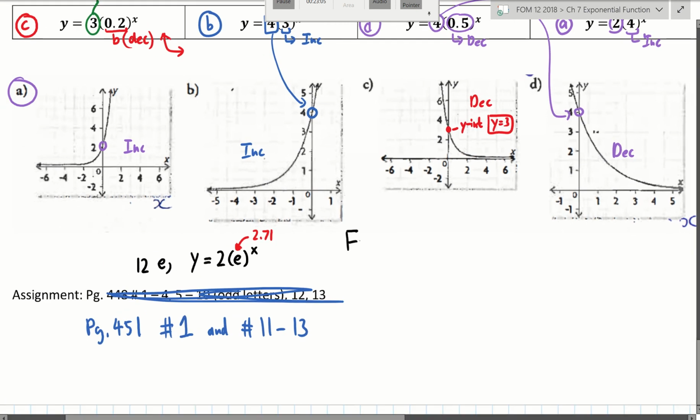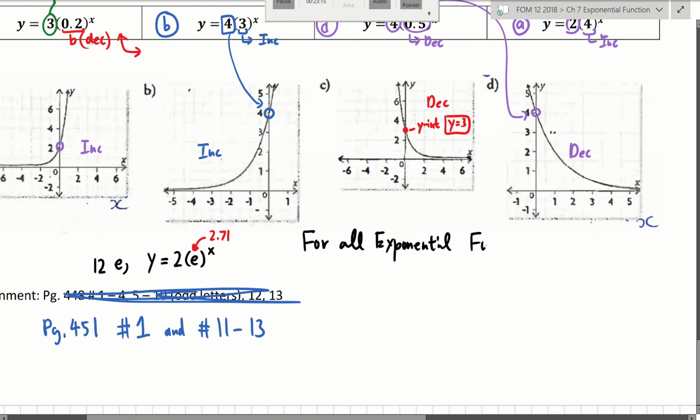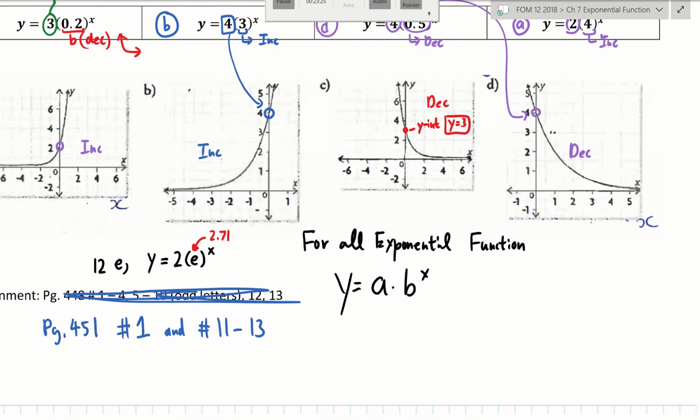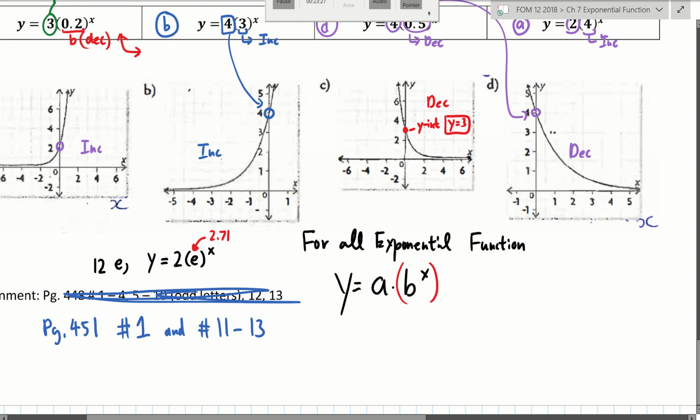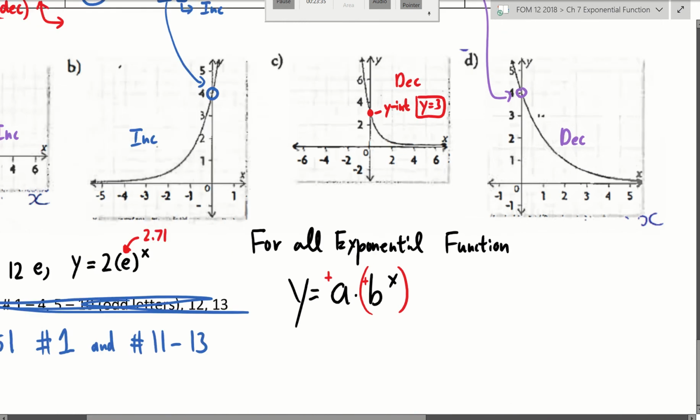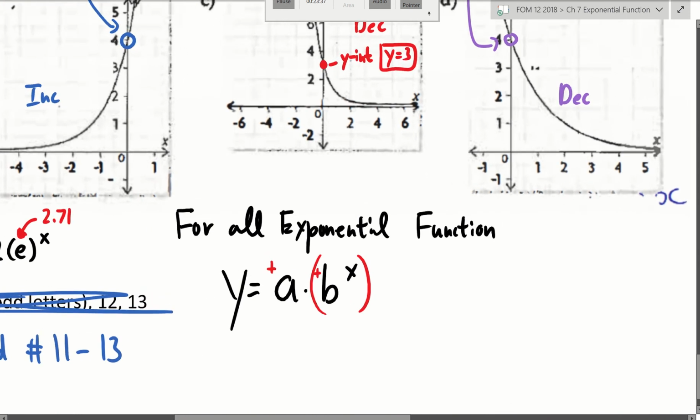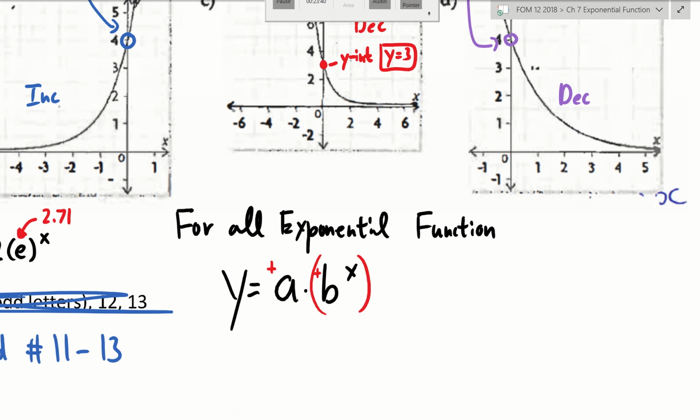For all exponential functions that have the form y equal to a times b to the power of x, now, I'm only talking about this when they're all positive, right? So if something is negative, then we will need to look at it very differently. So for all exponential functions in this form where a and b are positive, the domain,